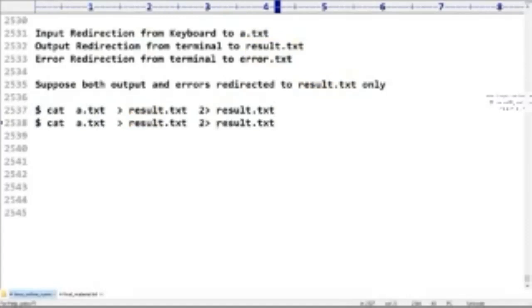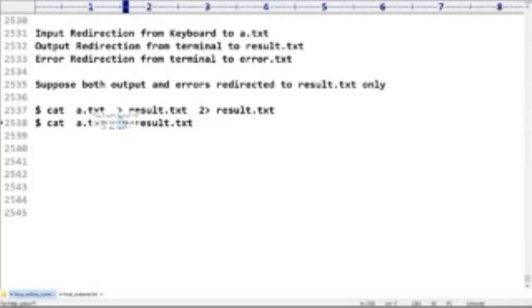Now there is one small shortcut. What is the meaning of this shortcut here, sir? Here, ampersand greater than. Now observe: if I use ampersand greater than, it means both error and output redirection. Remember this very carefully.